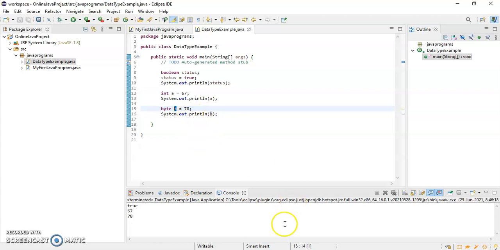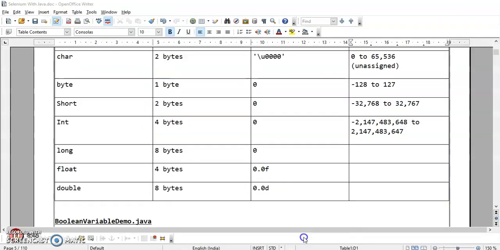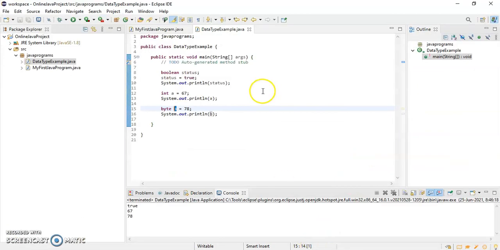And if you see, the range is from minus 128 to 127, right? So if I give here 128, it will throw error. Okay, suppose I am giving 128. So now it is throwing error. And if I write 127, then no error. I can easily print it out. Okay, and if I give minus 127 also, no problem, because the range is from minus 128 to 127, right? So I can print this also.